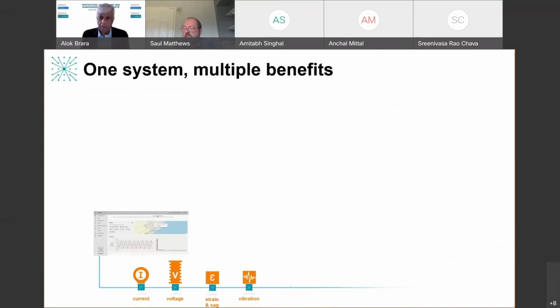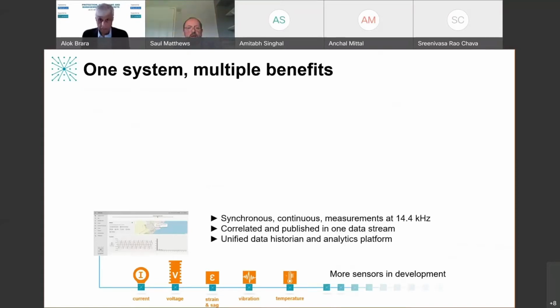And the idea we wanted to give you today is you've got one platform which is able to combine all these different electrical and mechanical sensor systems. There are more in development. We're looking at wind speed and we're looking at humidity, and we're looking at quite a few other parameters that are possible, where you can put lots of passive sensors out there, you bring them to one place, and then we can publish it up to 14.4 kilohertz. So you're getting, for example, the entire waveform. You don't miss any transients. You can derive synchrophasors from it, and it's an incredibly efficient wide area system.